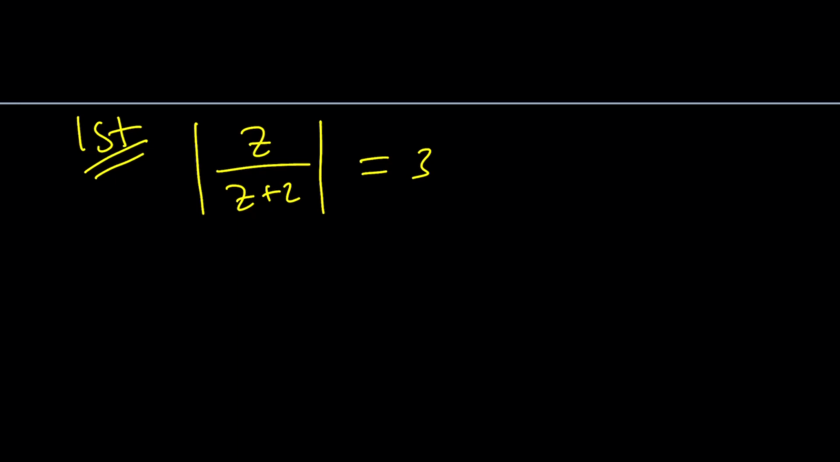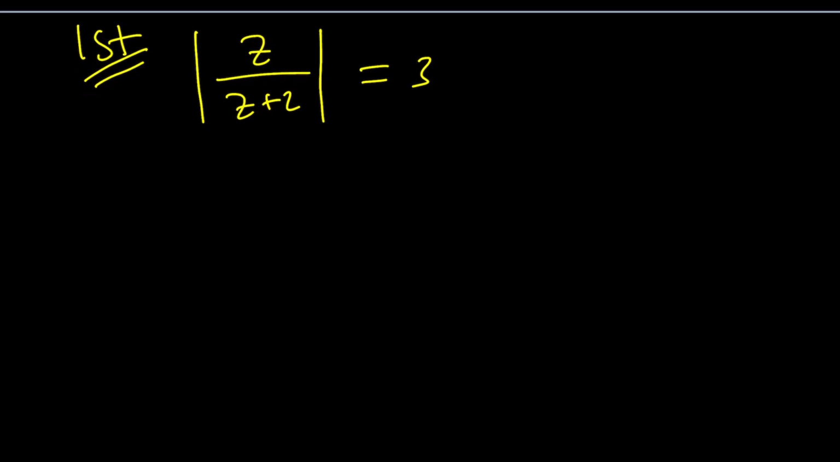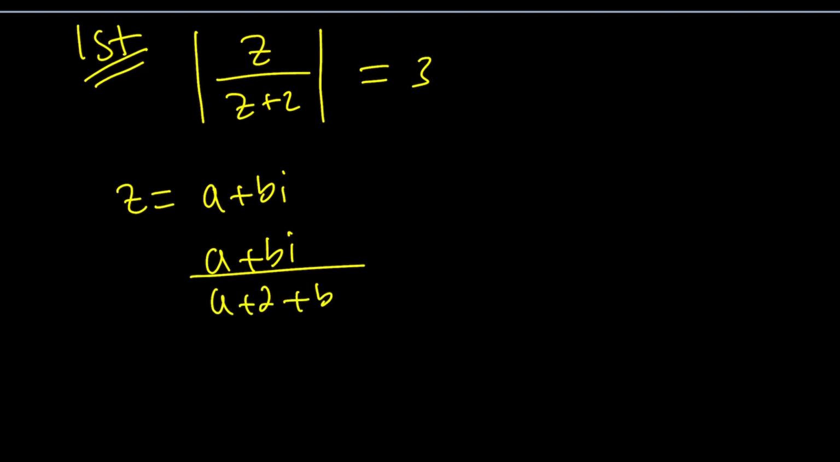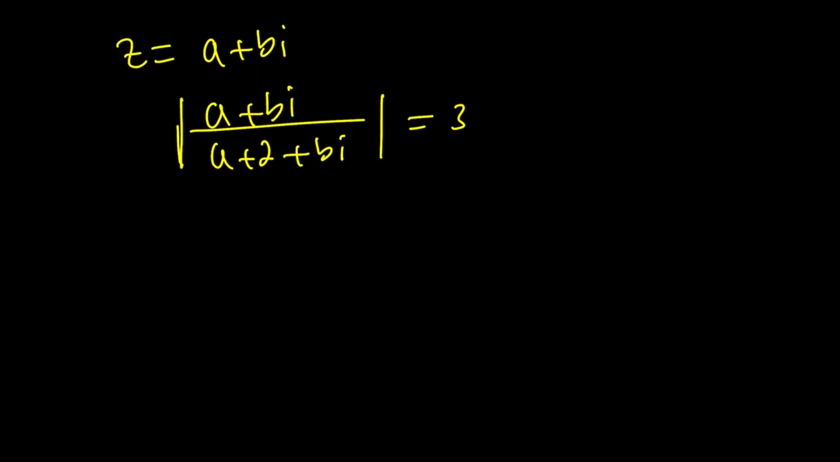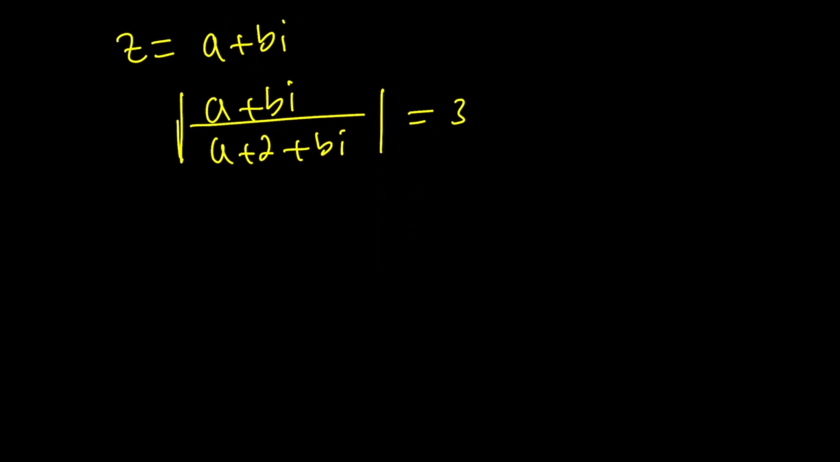So with my first method, I'm going to do the following. Replace z with a plus bi, and when I do that, it's going to look like this: a plus bi divided by a plus 2 plus bi, because I'm going to increase the real part. And then I have to take the absolute value of this, and that's equal to 3. How do you find the absolute value of this expression? First of all, you may want to